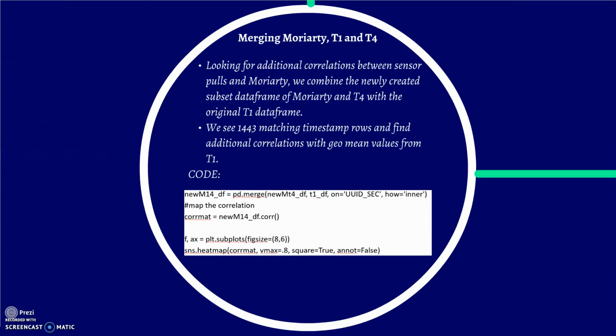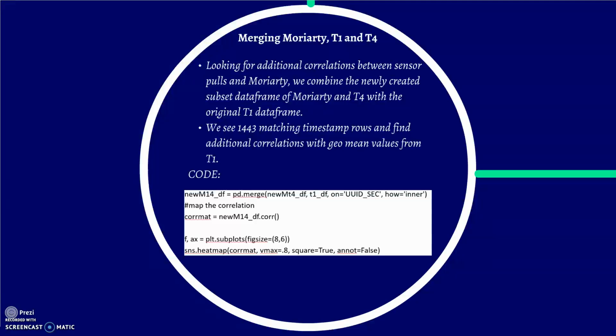Merging Moriarty, T1 and T4. Looking for additional correlation between sensor polls and Moriarty, we combine the newly created subset data frame of Moriarty and T4 with the original T1 data frame. We see 1,443 matching timestamp rows and find additional correlations with geomean values from T1. Below you see the code of the new M14 data frame. We merged it